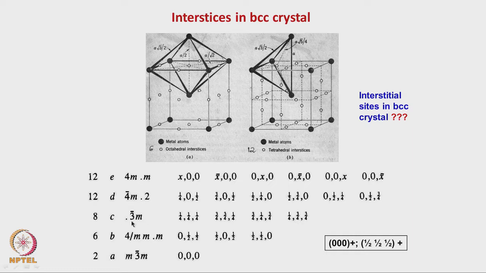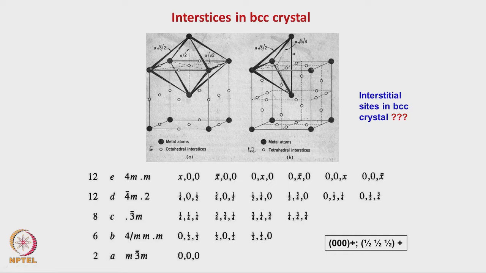The other is that if you see the next one, with respect to a lattice, it is tetrahedral position. But if you look at the symmetry which it has in cubic, it is 3 bar M. Okay. It is a rhombohedral symmetry. But if you look here, this particular position, it is essentially 4 bar M2. This also exhibits a tetragonal symmetry, this site. So, either this gets filled, or the next site which you always find is that these are all the positions which the atom, because that is having a lower symmetry compared to the other one.